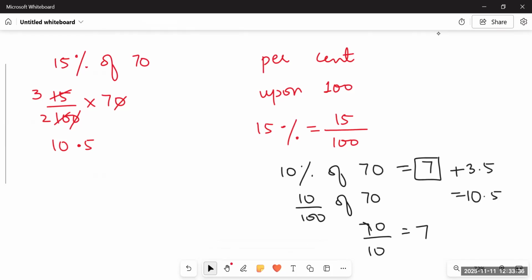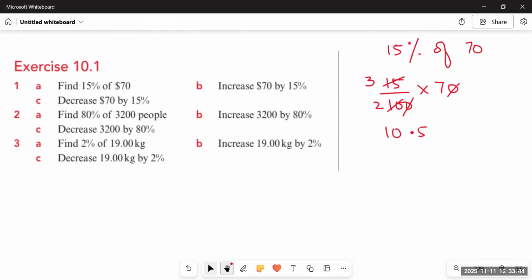These are called mental calculations that you must know. You can do calculations in your mind whenever needed. Like if you need to calculate a discount, there is a dress of $70 and there is a discount of 20%. Are you going to take a calculator, paper or pencil along with you, or will you do the calculations in your mind? It's better to do the calculations in your mind.